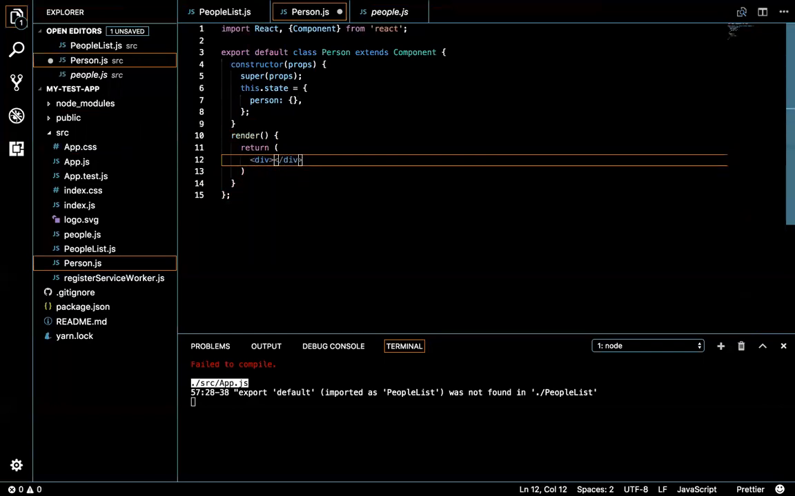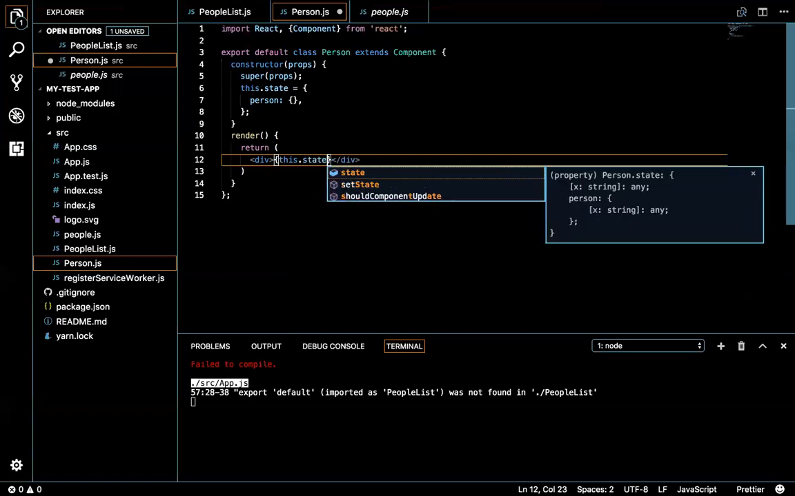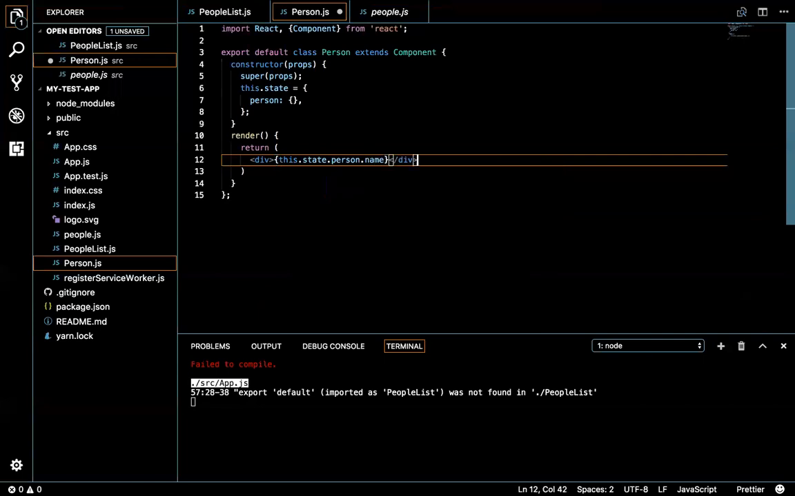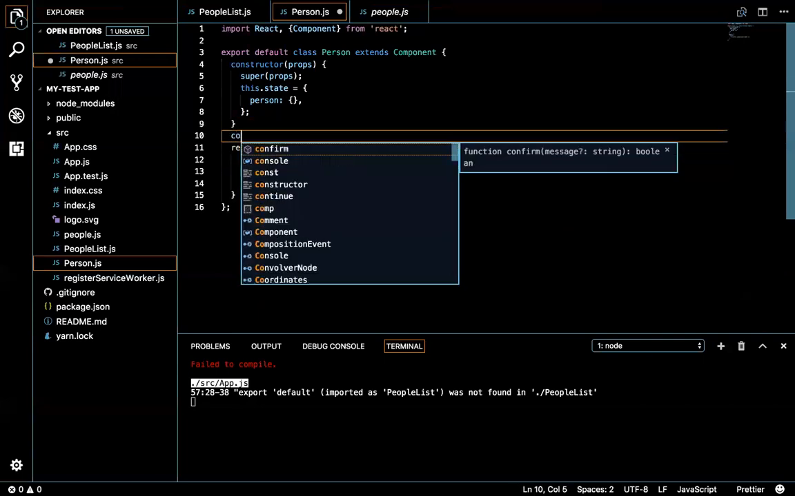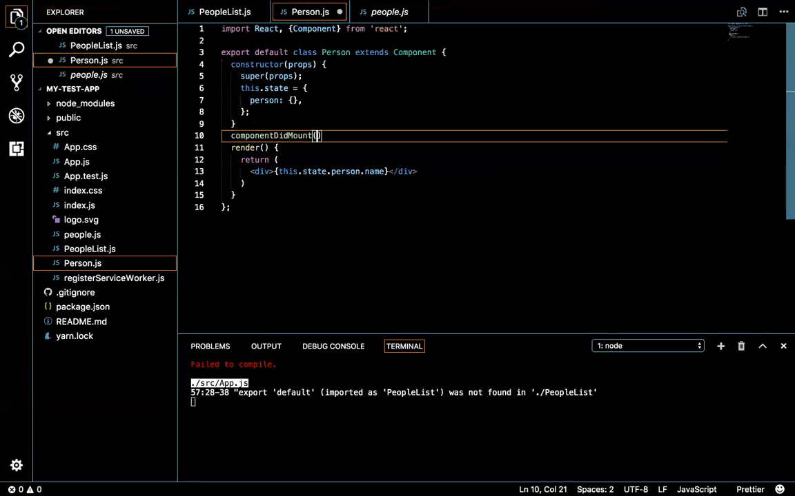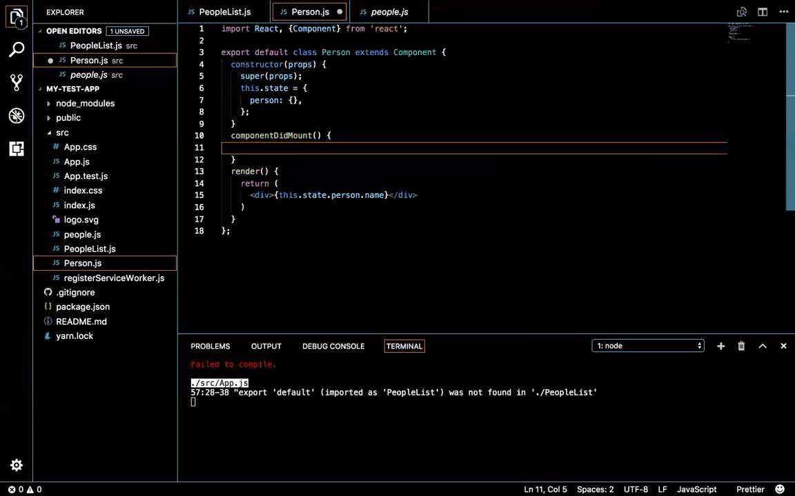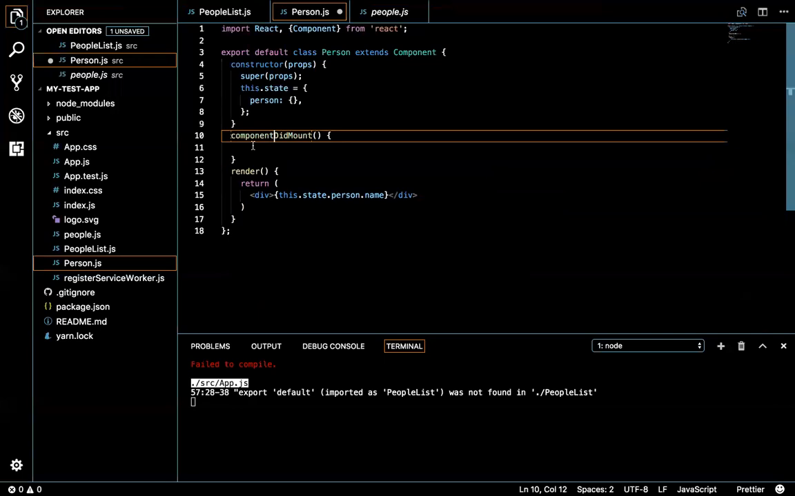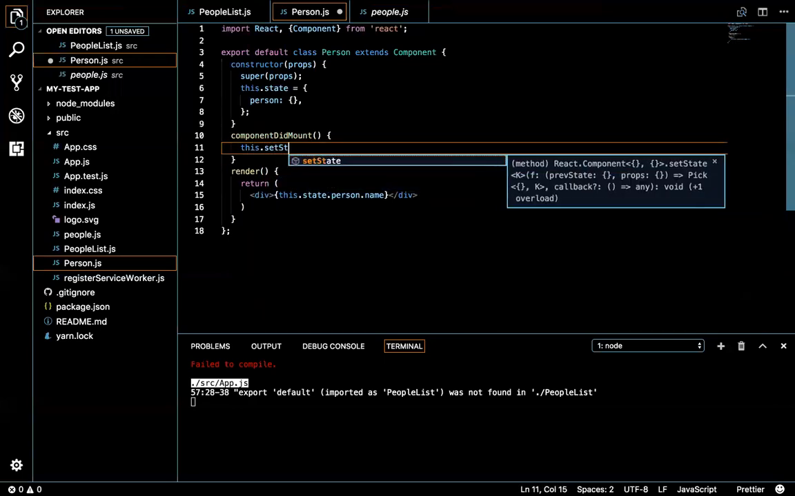Actually, let's go all the way. Let's go all the way to town. We're going to say this.state.person.name. So to make sure that's defined, we need our component did mount function. And that is going to take every single person that comes down from props, and it's going to set it on that object that's up here on state. So we're going to say this.setState